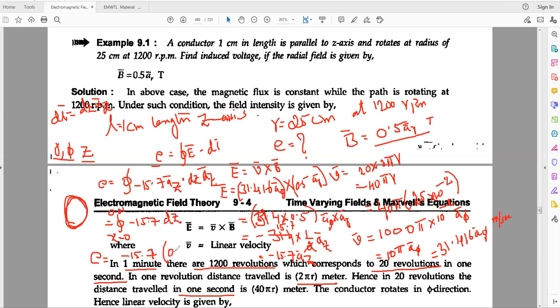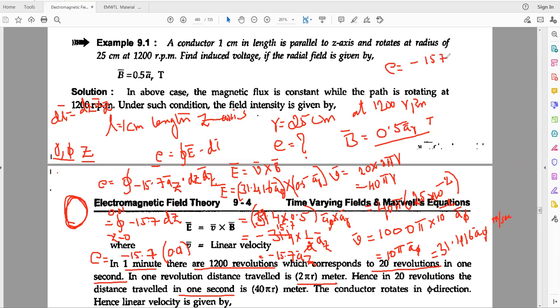The upper limit is 0.01. 0.01 means 1/100, so 15.7 divided by 100 gives 1570 millivolts, or we can take it as 157.0 millivolts. Therefore, the E we got is equal to minus